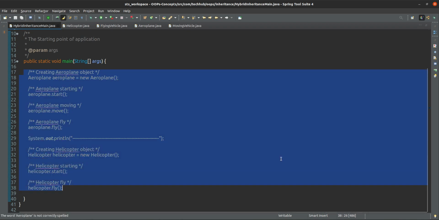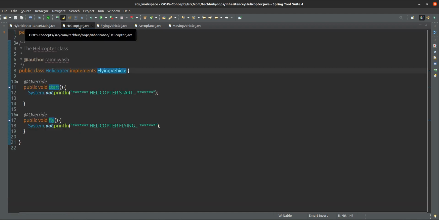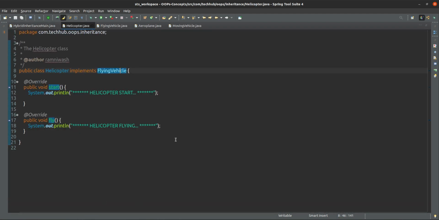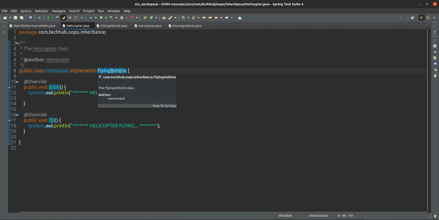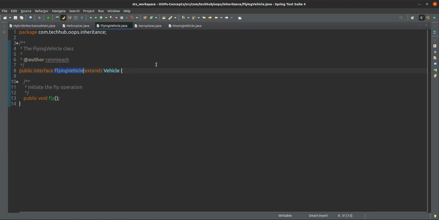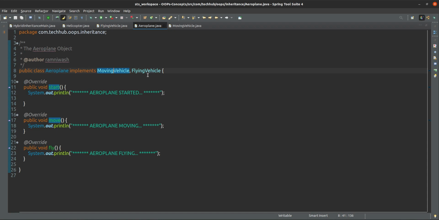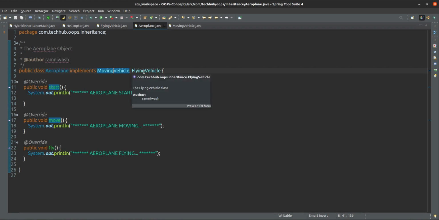hybrid inheritance. I am repeating again, helicopter is the example of multi-level inheritance, because helicopter is implementing flying vehicle and flying vehicle is implementing vehicle. So this is multi-level inheritance. And aeroplane is inheriting moving vehicle and flying vehicle, and moving vehicle and flying vehicle both are inheriting the same object called vehicle.